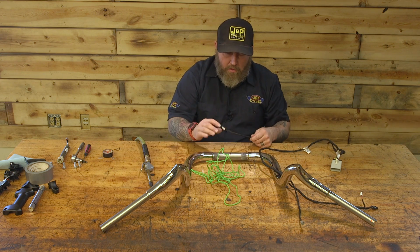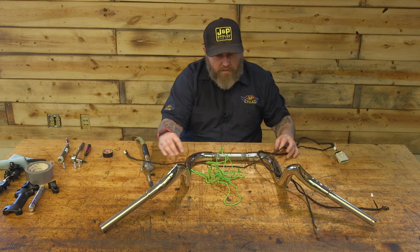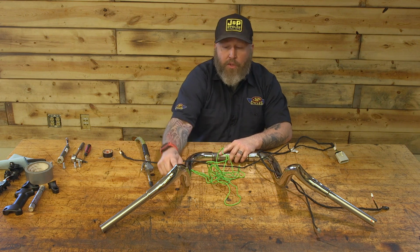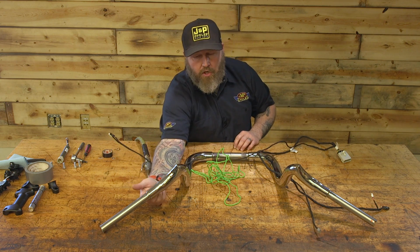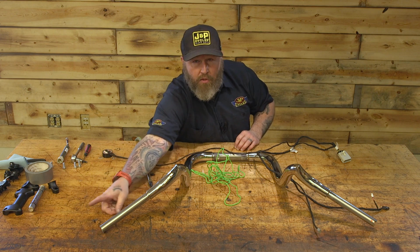Then I'll tape the wire to it and I'll pull it back through. These Comanche bars are nice and fat. They're 1.5 inches, so that'll help. We do have the point up here, which can be a little bit of a bear, but like I said, we're gonna blow this air through here. It's good to start the cord where the switch housing attaches here, and then blow the air through the end